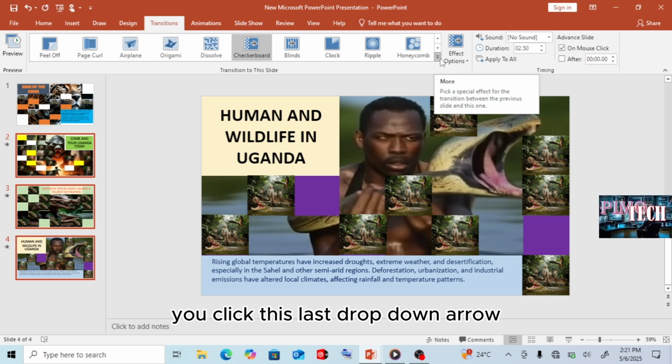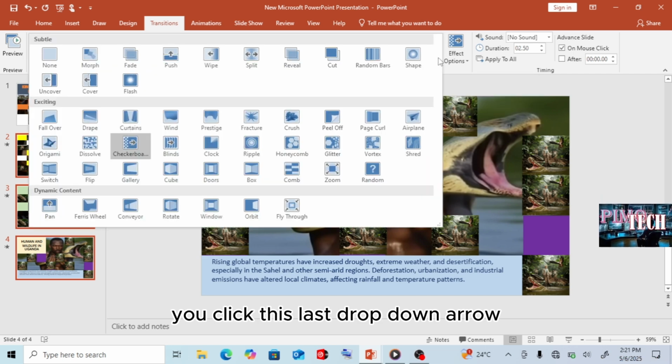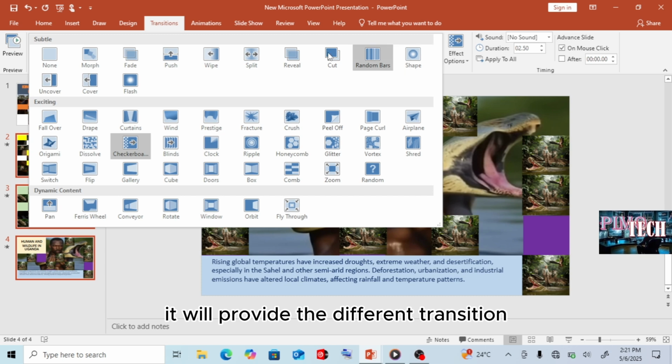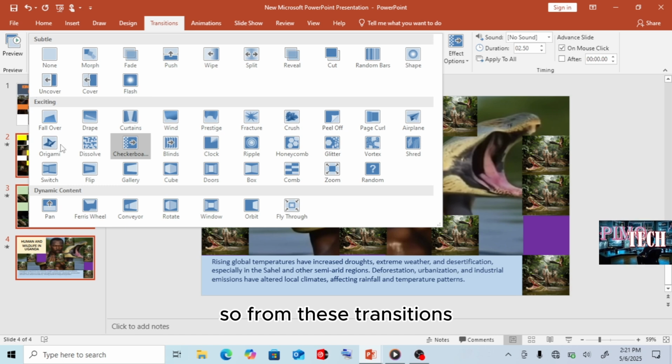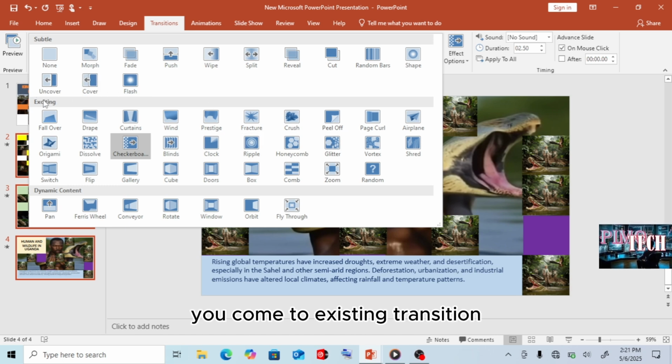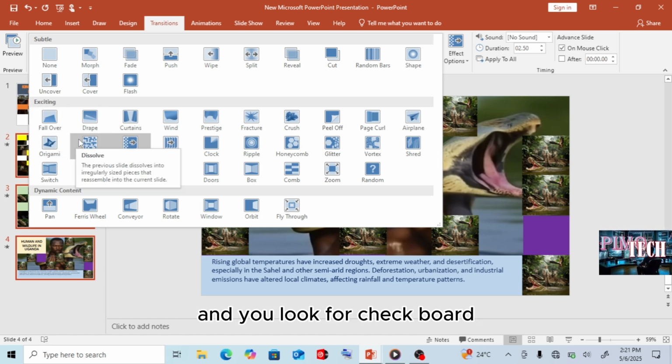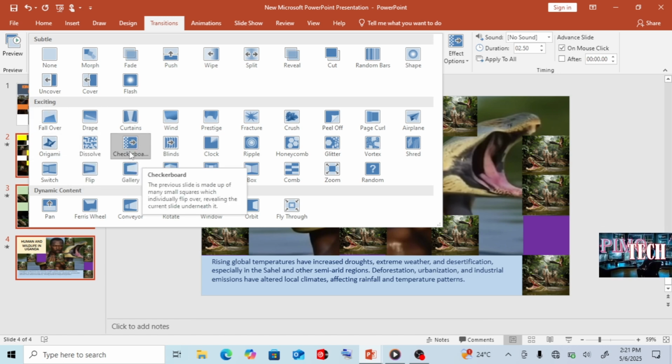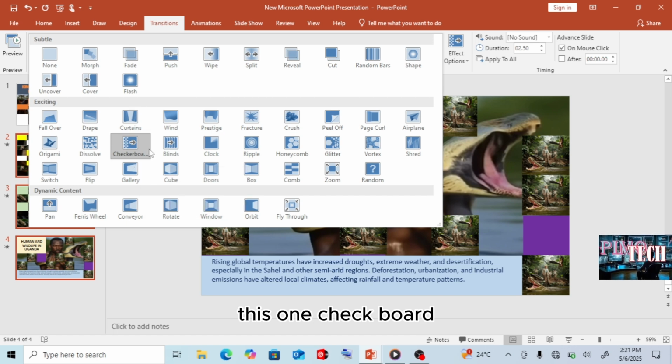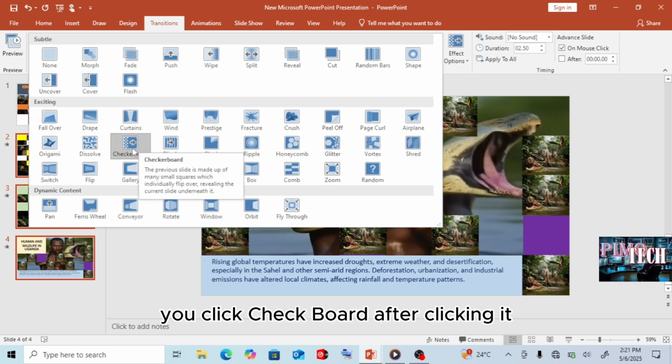You click this last drop down arrow. It will provide the different transitions. So from these transitions, you come to exiting transitions and you look for checkerboard. This one, checkerboard. You click checkerboard.